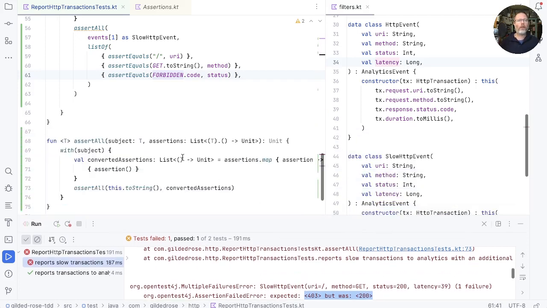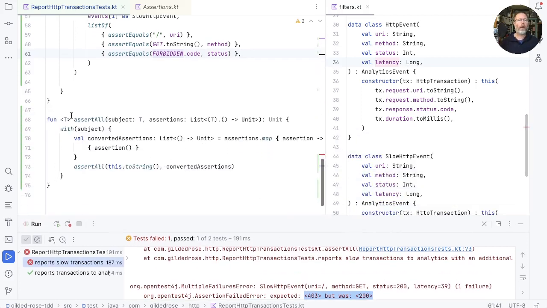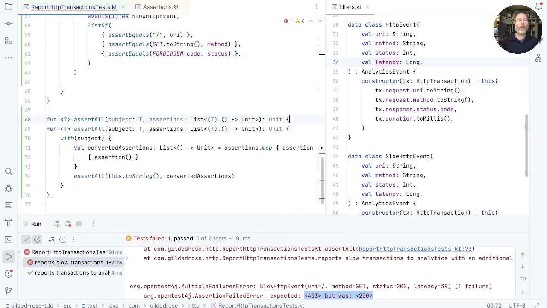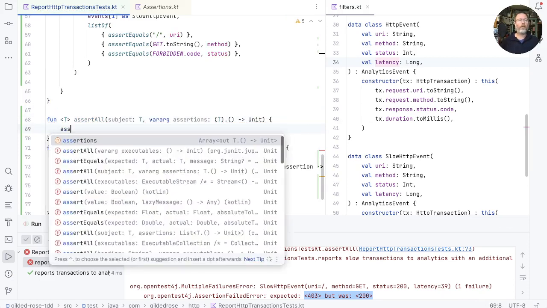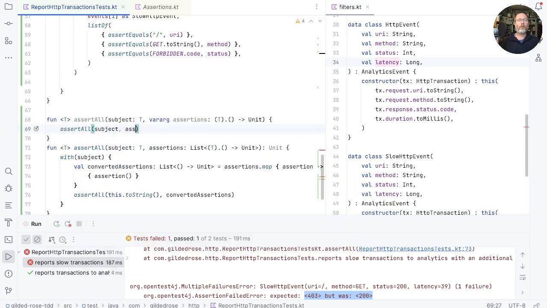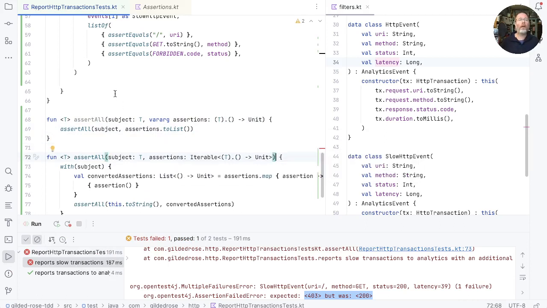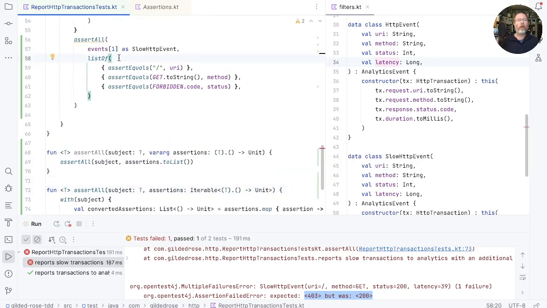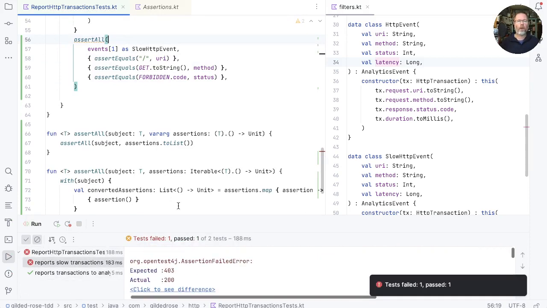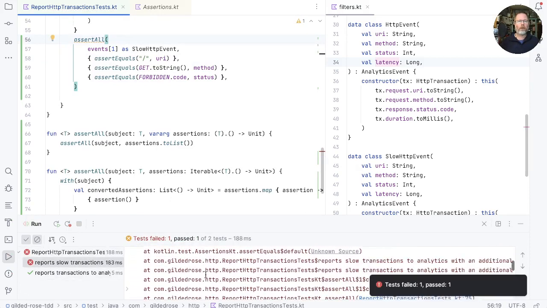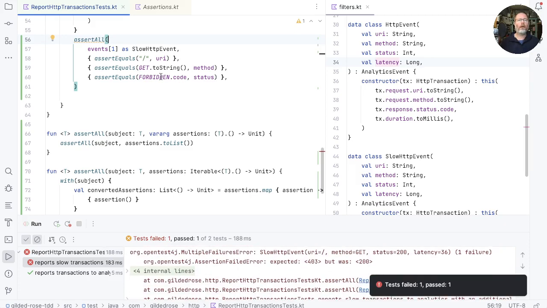We can finally tidy up a bit by having a version of this with the var args. So we'll say, duplicate that, make this var arg assertions, then it's not a list, but it is assertAll, subject, assertions to list. And in fact, I think this could be iterable. And that allows us to get rid of our list of here for a nice little test utility. That's what it looks like when it fails. And when it passes,